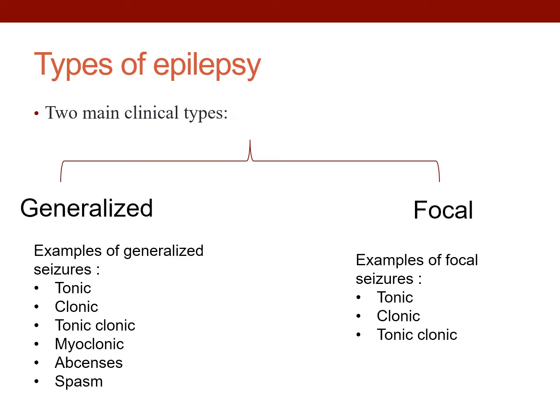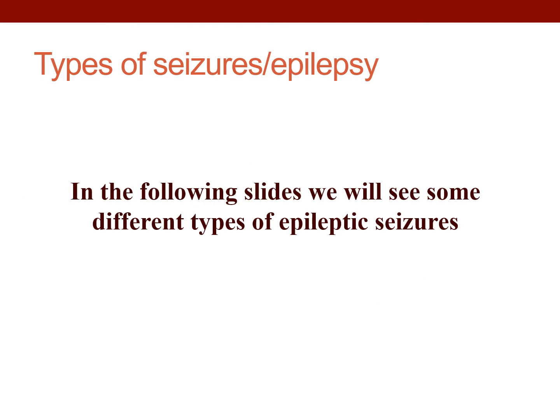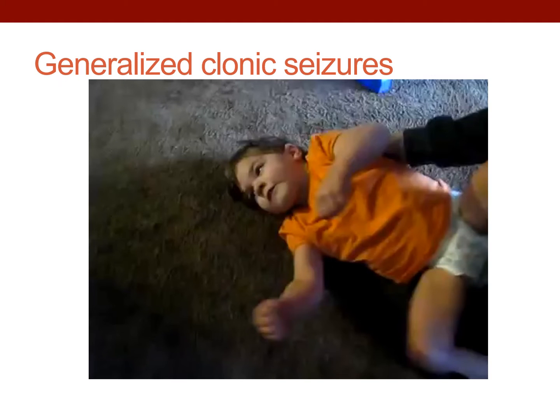But for now, these are the types of seizures that I feel it's important for you to realize. What's going to happen now is that we are going to see some videos of different forms of seizure, so that you can have a flavor of what we mean when we say generalized clonic seizure or generalized tonic seizure. So these are the videos. I'm going to show you the video, and then I will start commenting on it. This is just simply a generalized clonic seizure. So please look at what's going on.